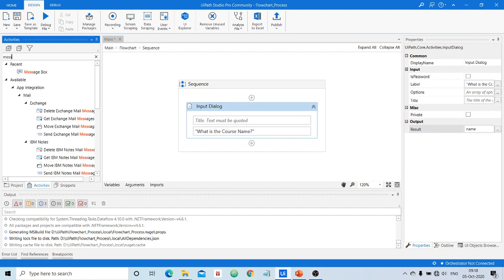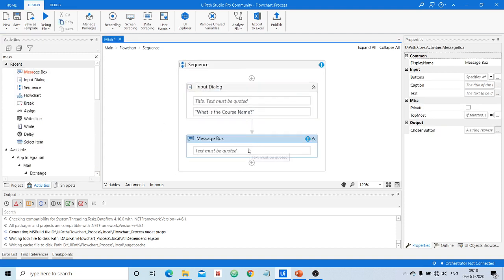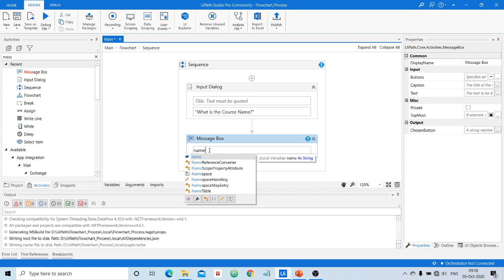So I will take one more activity called message box, which is once again a dialog box which will display to the user the string entered over here. But here I don't want to display a constant string. Instead I want to display the content of the variable called name. Double click over here.